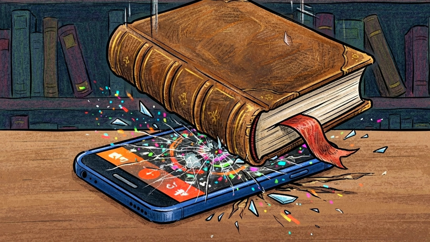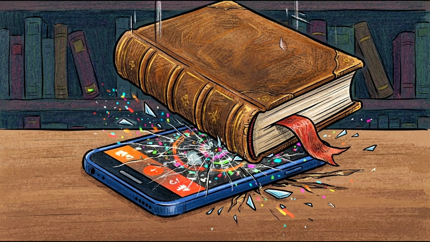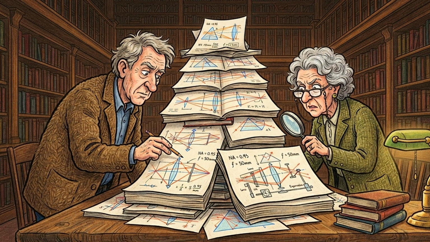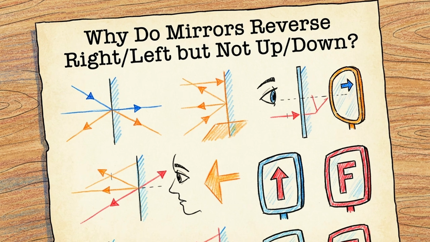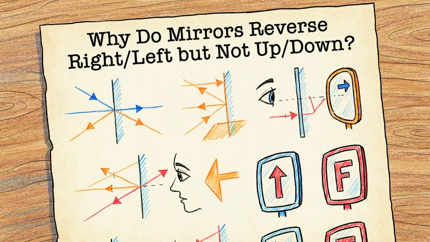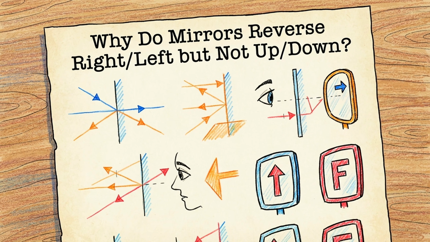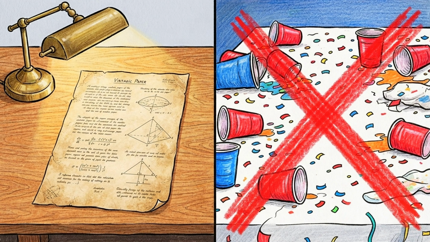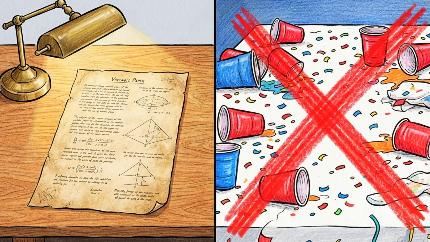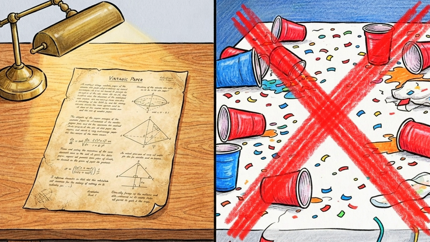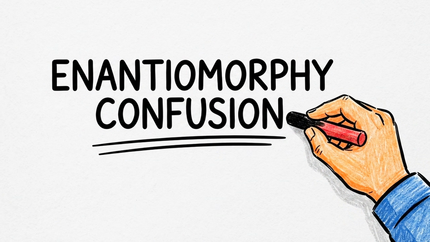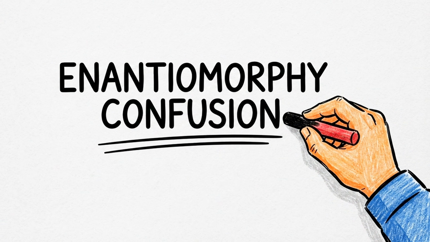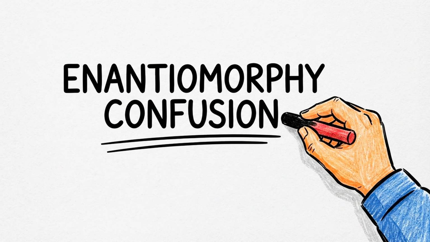This isn't a new observation invented for internet content. Cognitive scientists and philosophers have taken this question seriously for decades. Ned Block published a widely cited paper in 1974 titled directly, "Why Do Mirrors Reverse Right-Left but Not Up-Down?" The question was significant enough to warrant serious academic treatment, not dismissal as a trivial curiosity people argue about at parties. Researchers studying perception have a specific term for this exact mismatch between an object and its mirror image: enantiomorphic confusion.